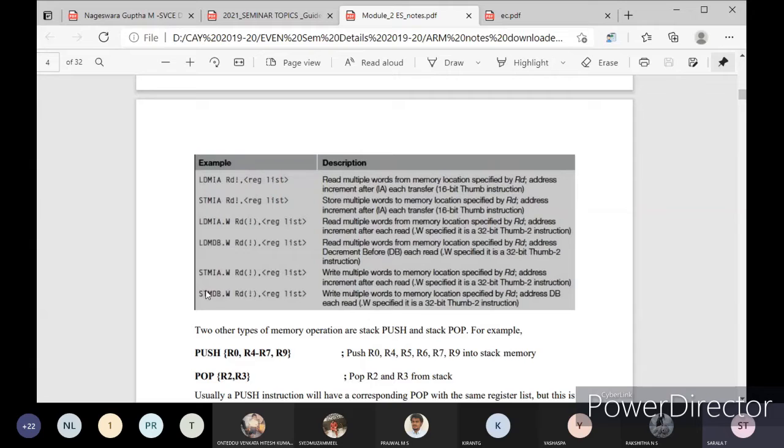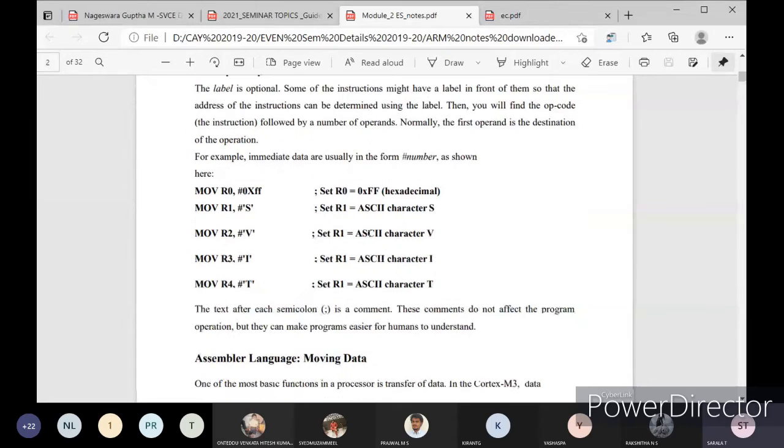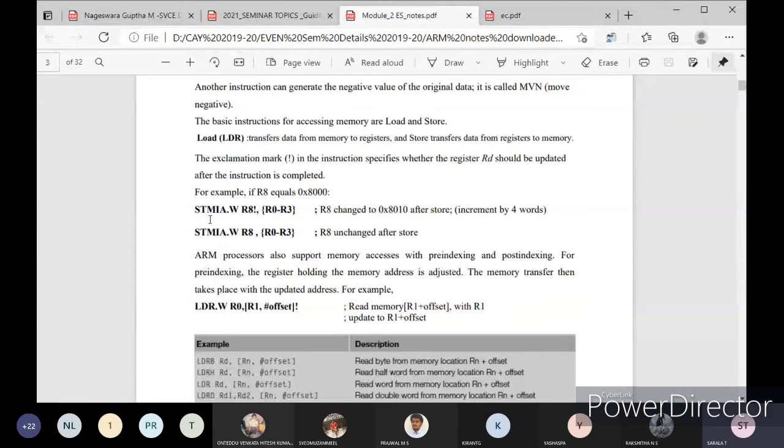That is your STMIA. Here we have the example now: store to memory, increment after that, and then store to the register. That is the actual function of your STMIA.